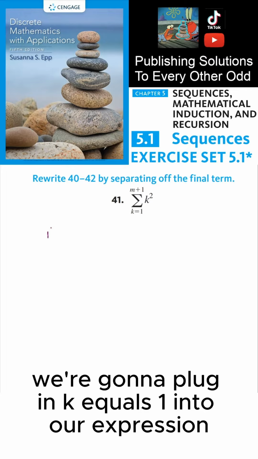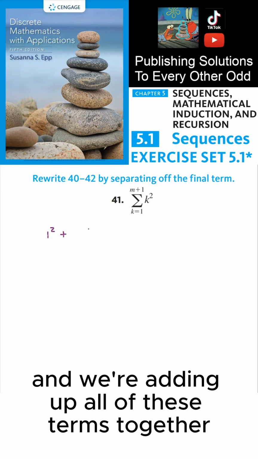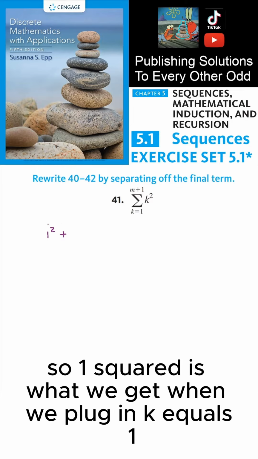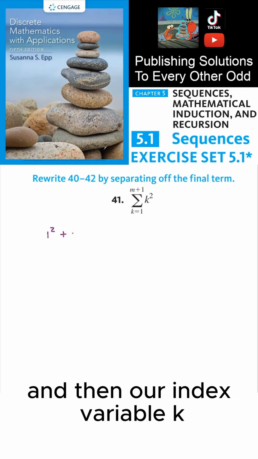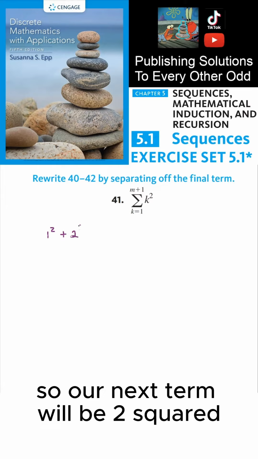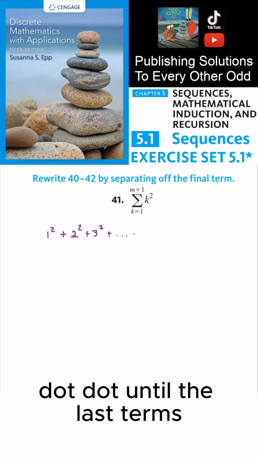We're going to plug in k equals 1 into our expression to get 1 squared. This is the first term in our summation, and we're adding up all of these terms together to get the final summation. So 1 squared is what we get when we plug in k equals 1, and then our index variable k iterates from k equals 1 to k equals 2. So our next term will be 2 squared, and then the next term will be 3 squared, and so on,